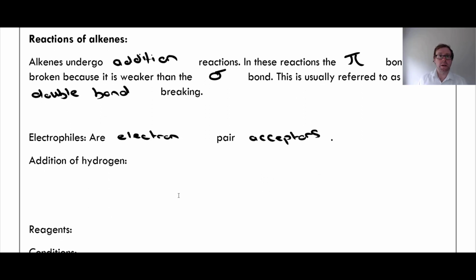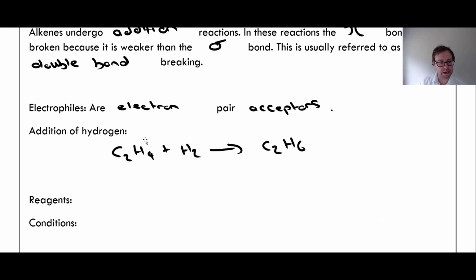Right, so I'm going to go through this quickly. These are all the different types of addition reactions you may need to know. You need to learn this page off by heart. So, addition of hydrogen, e.g., if we have ethene, I add hydrogen. I form ethane by breaking the double bond and adding the hydrogen. The reagents are H2, unsurprisingly. Conditions, I need a nickel catalyst and a temperature of about